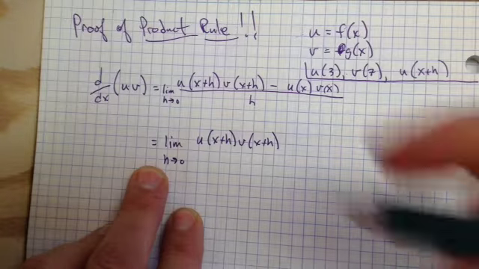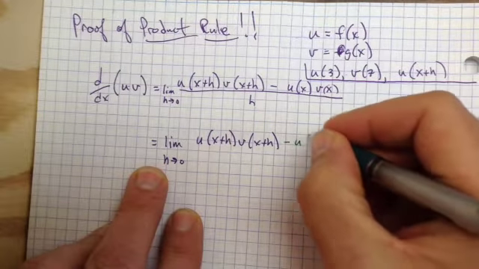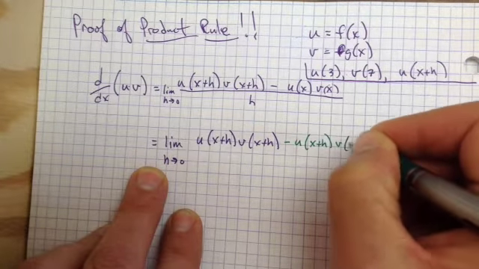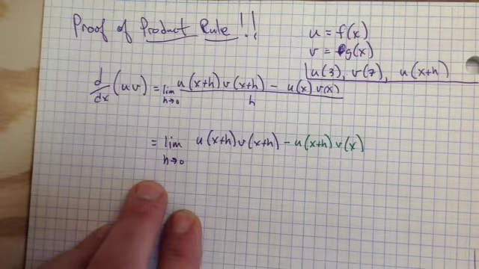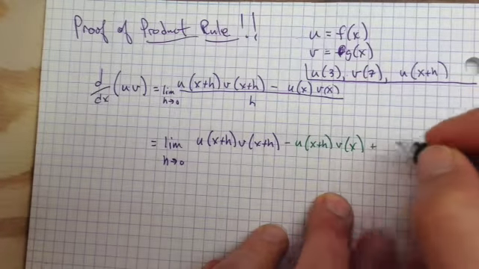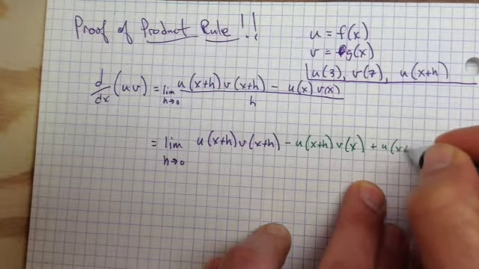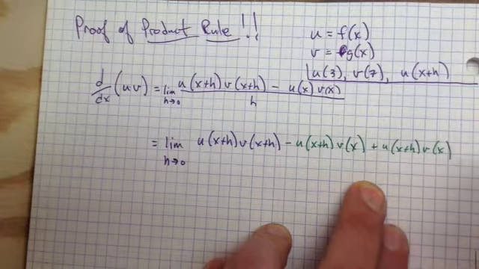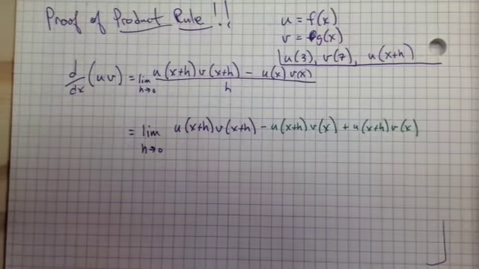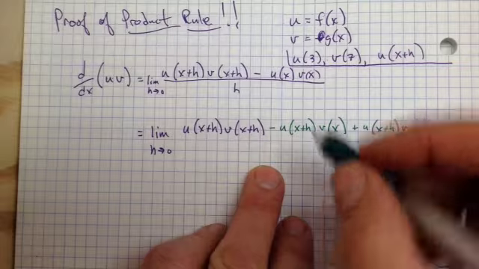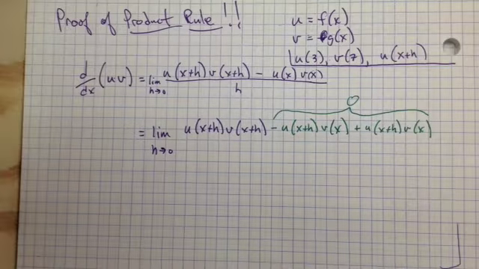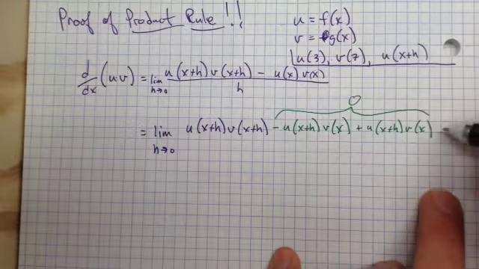Someone somewhere said, hey, I can subtract a u of x plus h, v of x. I can do that if I want, but I can only do that if I also add a u of x plus h, v of x. So you see what we did there? We added and subtracted the same thing. So this net is 0. So we've added nothing. We've added 0. Don't forget our last term over here,